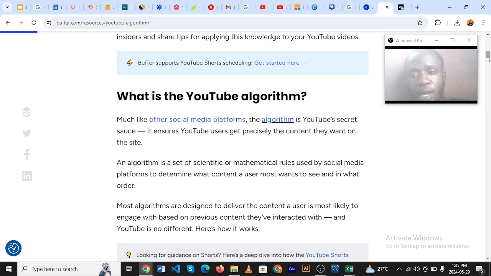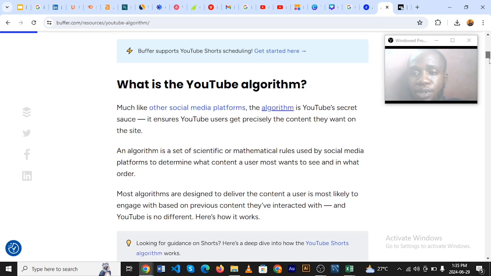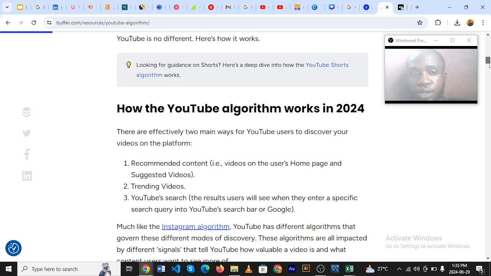All right. So if you want to understand the word algorithm, some people think it's a complex thing. No, what YouTube does is, remember the goal of every business is to satisfy users, right? So YouTube is trying to tailor what they are doing in a way where what a user will most likely watch and keep watching, YouTube shows them the content. All right. So basically, algorithm is just delivering the content the user wants to the user. All right. So I'm just going to be giving you some secrets, right?